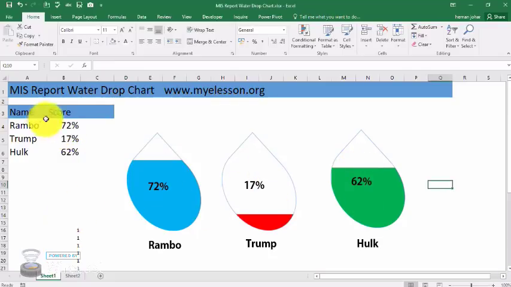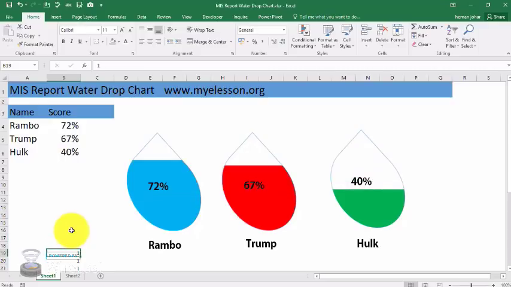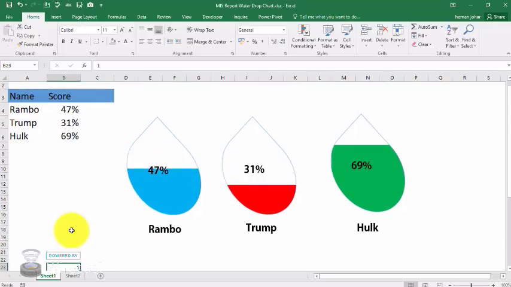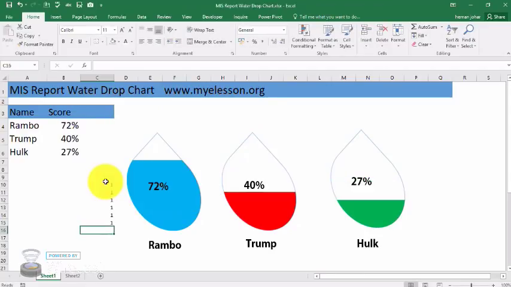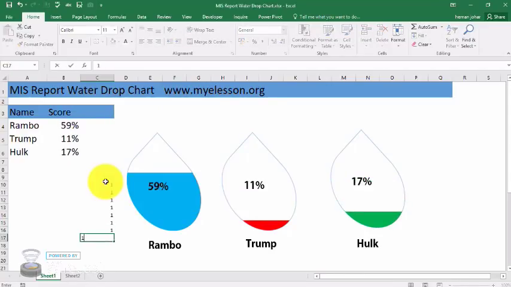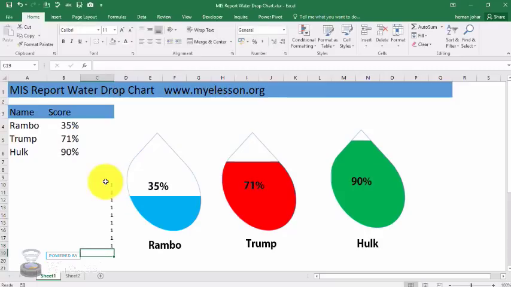If I change these numbers, which will happen now, I have used a rand between formula to change these numbers, and see how the value changes. I'll tell you how you can create these charts within 3 minutes. All right. So would you like to learn them? Of course. By the way, you can also go to myelesson.org and download these practice files so that you can